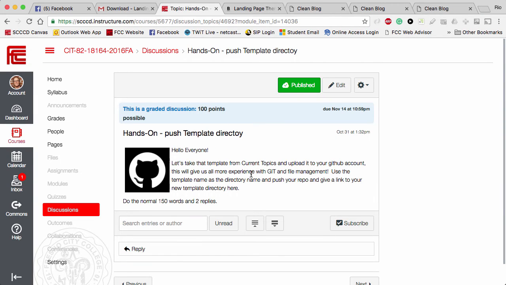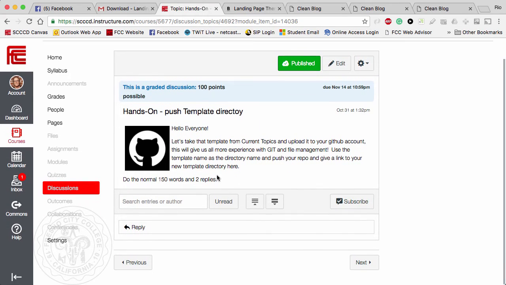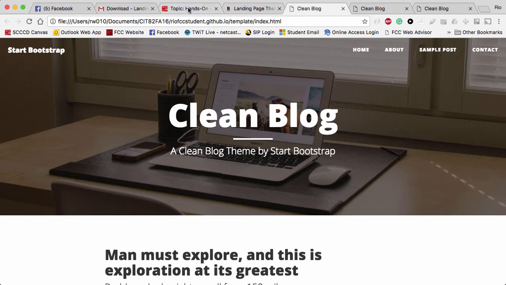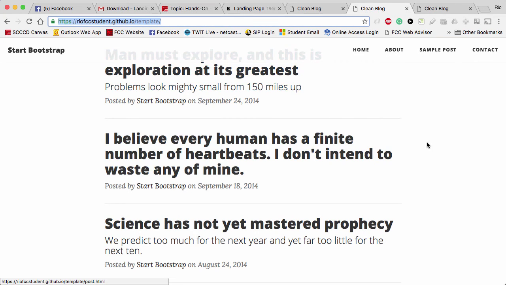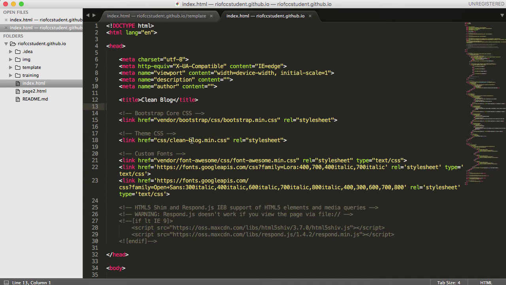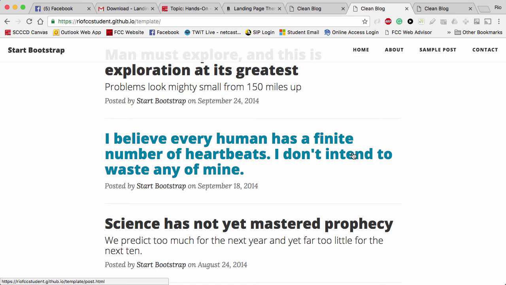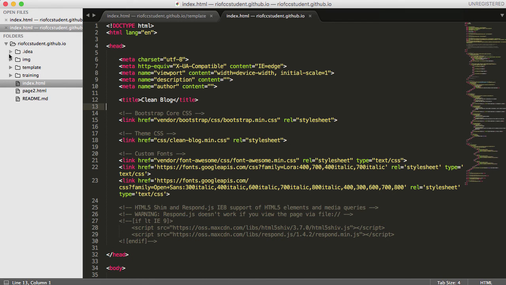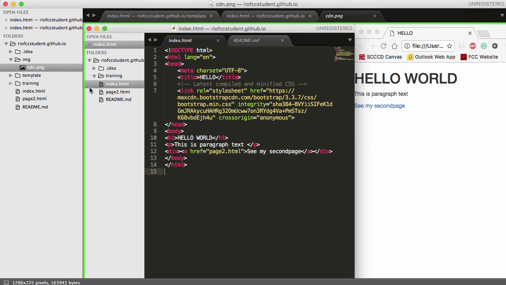So coming back here, let's think about this, because I had you give me the link to your GitHub page out on GitHub. So you uploaded the template. Now what I want you to do is take a print screen right here. Once you get this in here and you look at your repo, build your index file for sure and see how far you can get as far as making it look like what is out on GitHub pages, and then do a print screen. Place that print screen in images, and we'll call this print screen